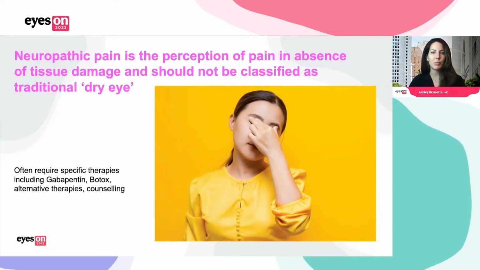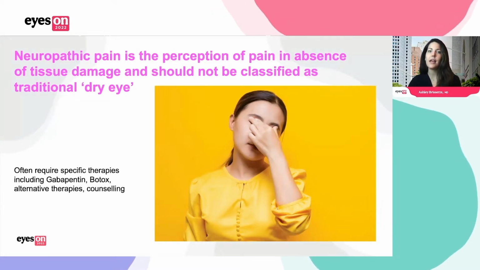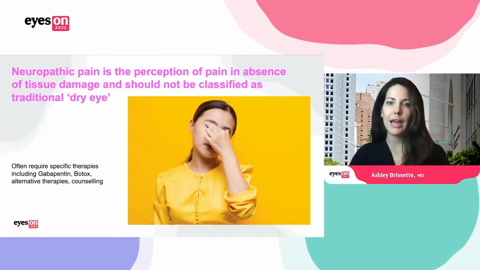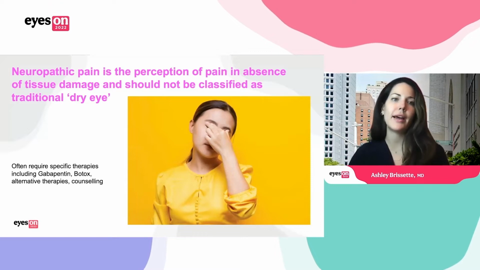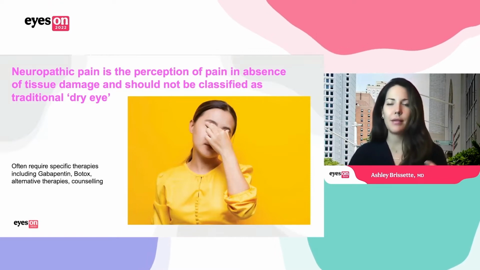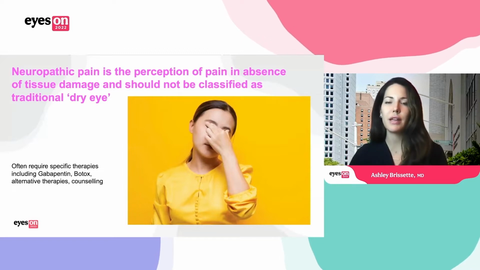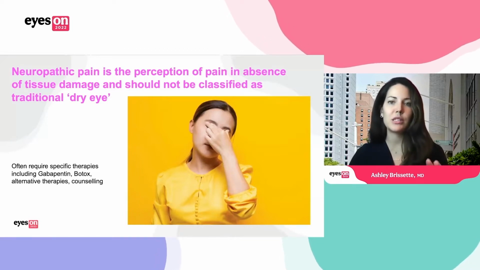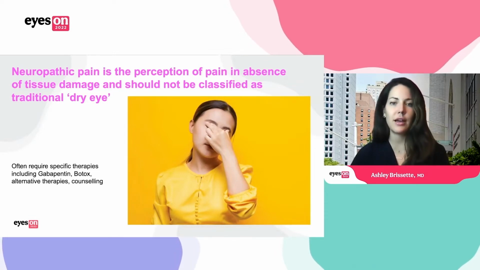But patients can sometimes bitterly complain that they're having discomfort on the eyes or pain. And this is what we don't necessarily classify as traditional dry eye disease, but more so a neuropathic pain or a keratoneuralgia. So this is pain of the cornea. We sometimes treat this similar to how we would treat dry eye disease and underlying inflammation, but there are specific therapies that tend to help these patients better than your classic therapies for dry eye, especially if they don't have many signs of dry eye disease under the slit lamp.